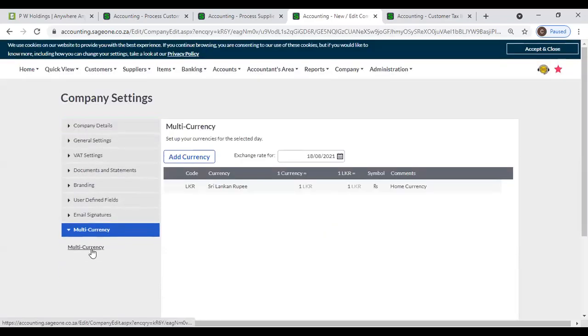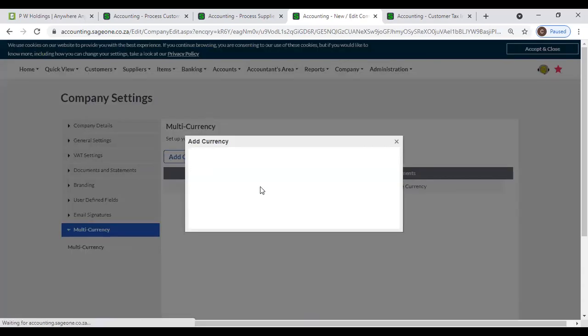Okay, after you go to multi-currency, you can click that Allocate Now button, and tick on enable multi-currency and select your home currency. If you are implementing the system for a Sri Lankan company, you can select Sri Lankan rupees. And after you add that home currency, you can add additional currencies by clicking this Add Currency. Now, if you want to add USD,